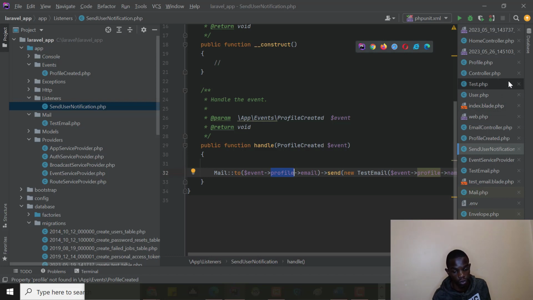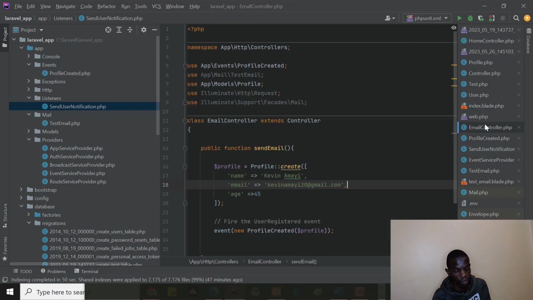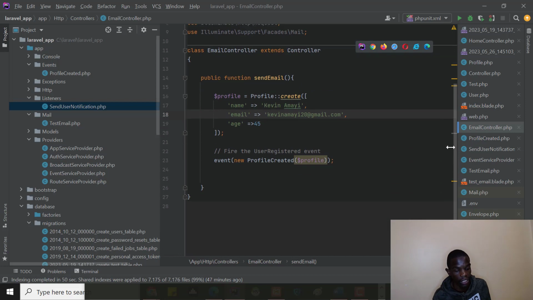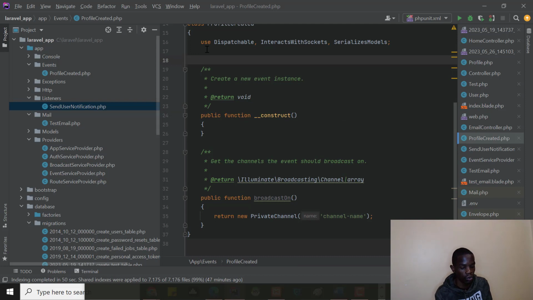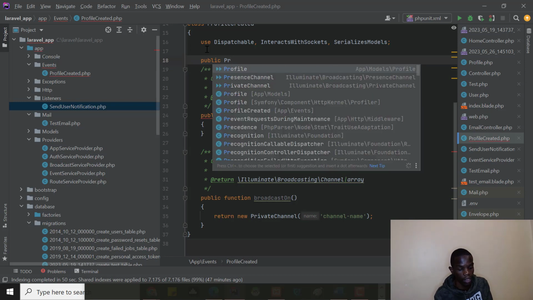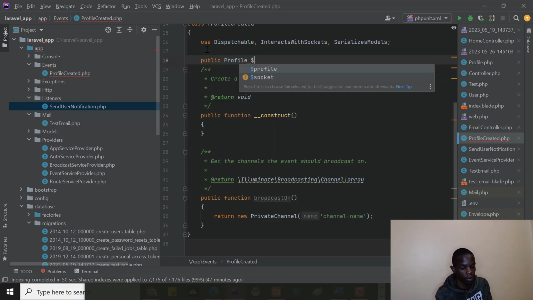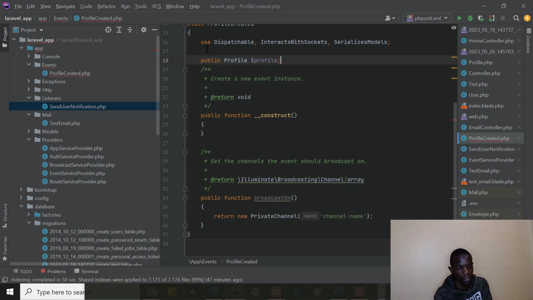So if I go to our email controller, as you can see down here, I'm passing profile to the ProfileCreated class. So if I go here, there's nowhere this profile has been initiated. So I need to declare this public so that it can be publicly available to other files. All right. So I need to say something like this and then pass